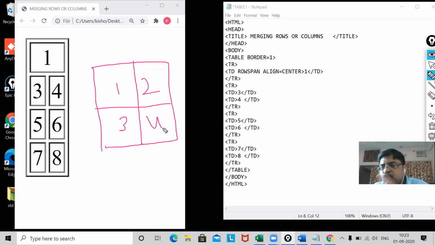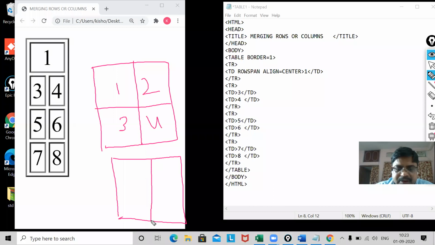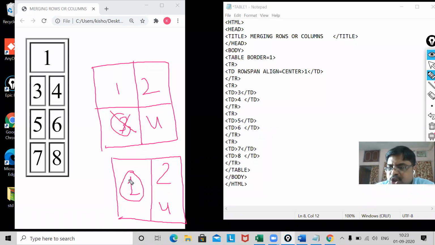I want to merge 2 rows so that my cell will be shown this way. And I want this 3 to be removed. But my value 1 will be shown in the middle, and my first and second row of column 1 to be merged. You see, earlier it was having a border between 1 and